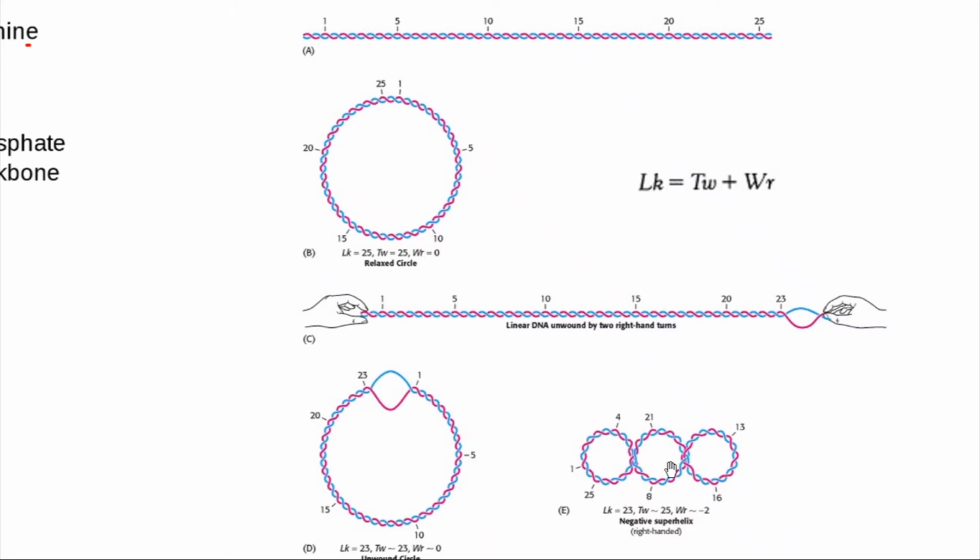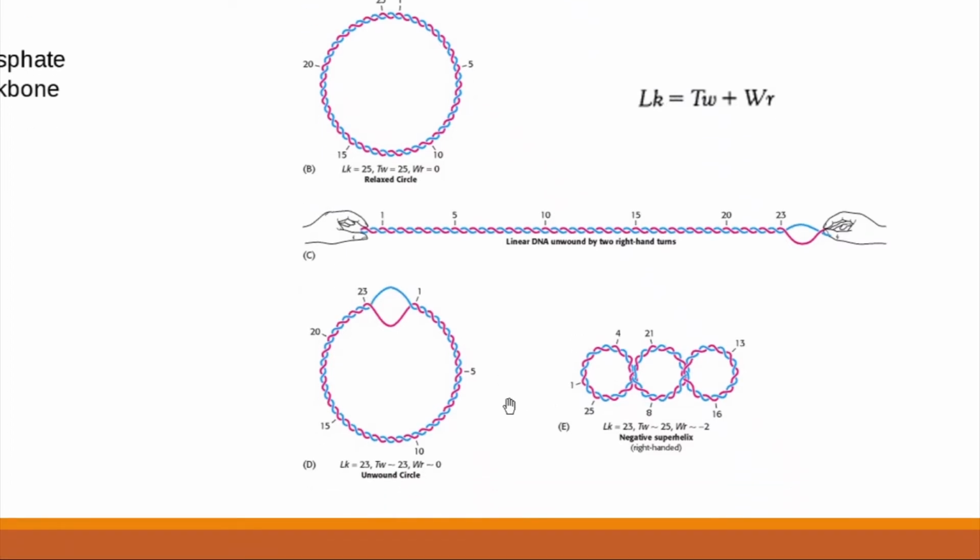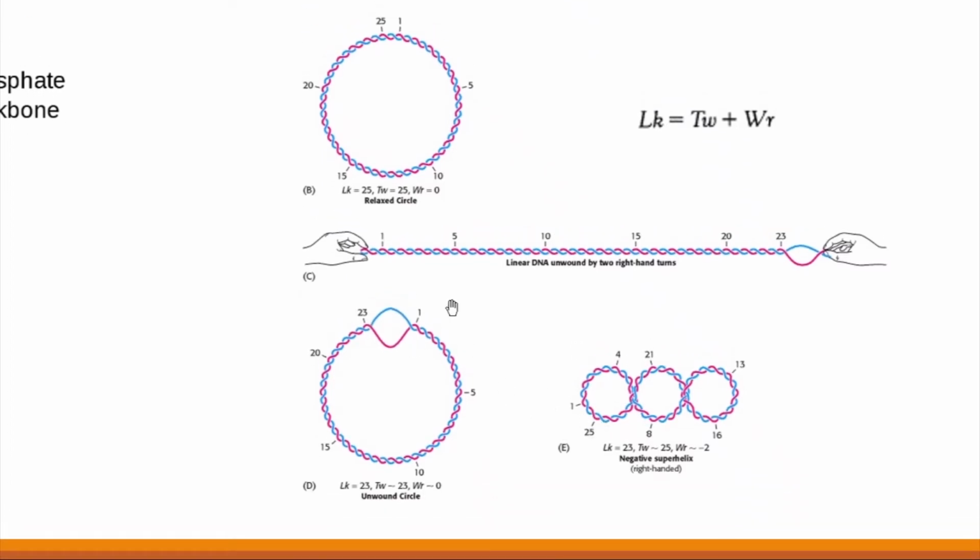Writhe is formed when this twisted DNA again coils around itself. So twist is the number of helical turns in the DNA and writhe is the number of times the double helix crosses or turns around itself. Now, extra helical twists are known as positive and lead to positive supercoiling, while subtractive twisting causes negative supercoiling. Also, a right-handed coil is assigned a negative number and is known as negative supercoiling, while a left-handed coil is assigned a positive number and is known as positive supercoiling.